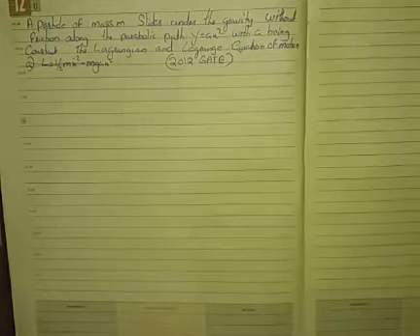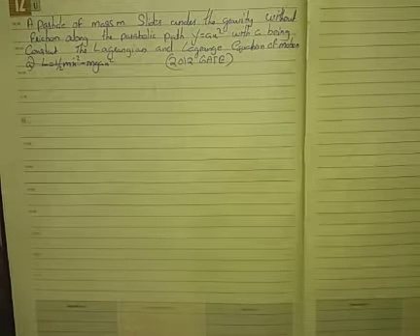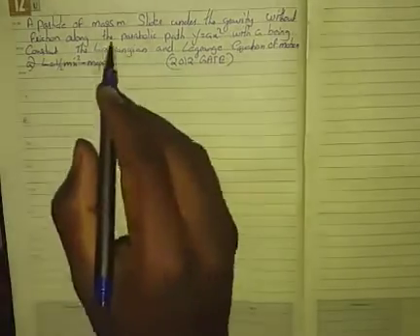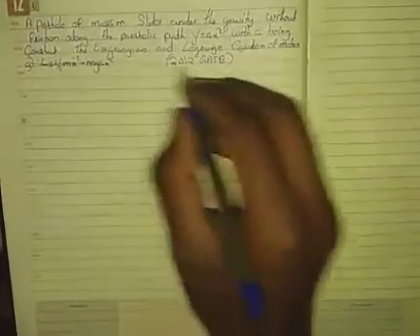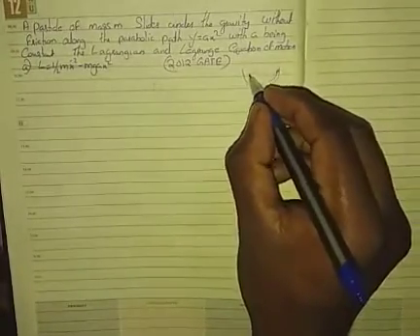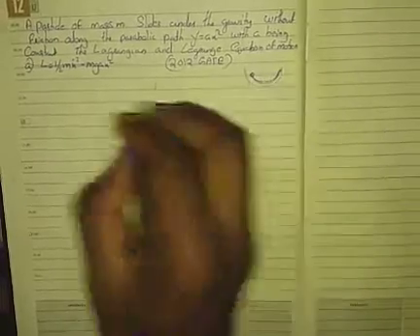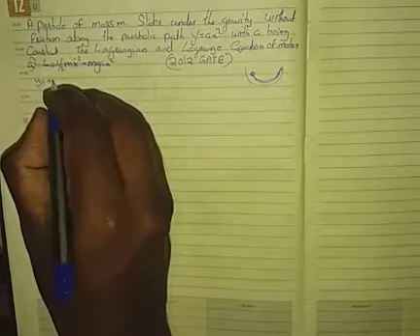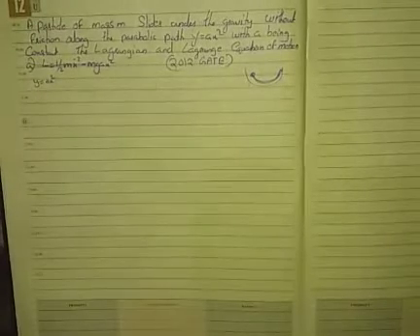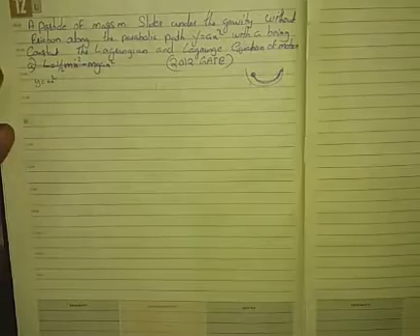Here is a question which was asked in the GATE 2012 exam. The question is that a particle of mass m slides under the influence of gravity without friction along a parabolic path. The particle is sliding under the influence of gravity in a parabolic path, y equals a x squared. That's the parabolic path equation, where a is a constant. What we need to find out is the Lagrangian and Lagrange's